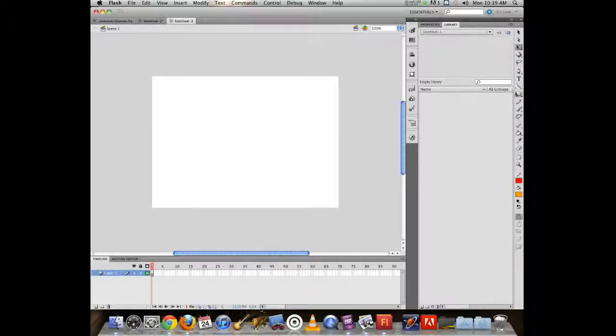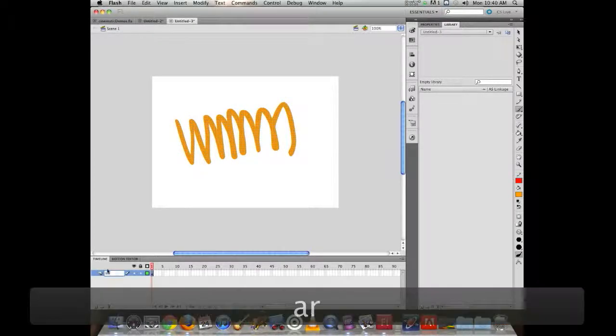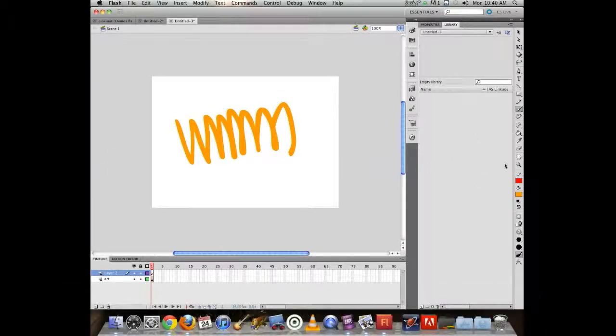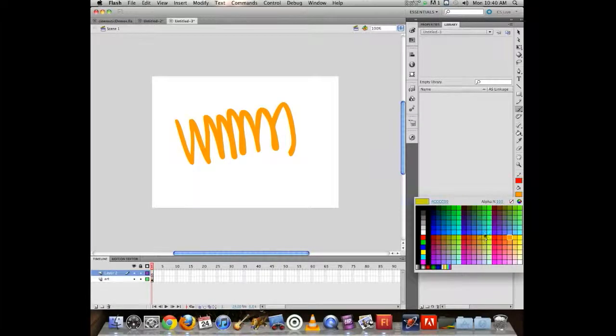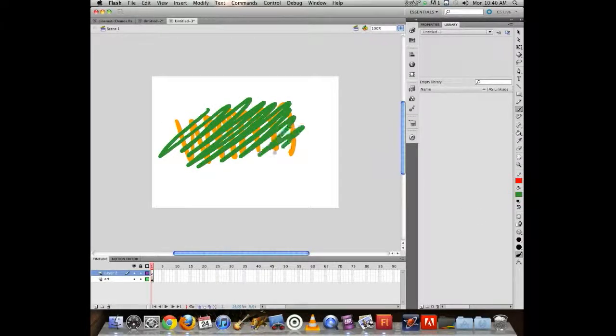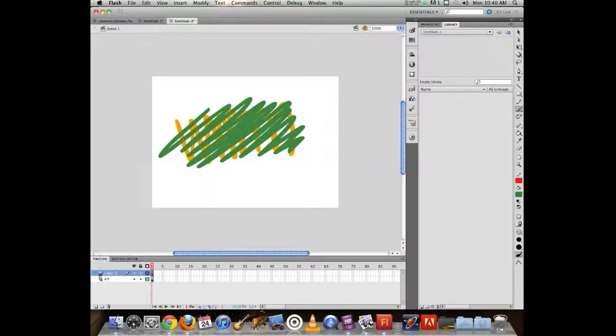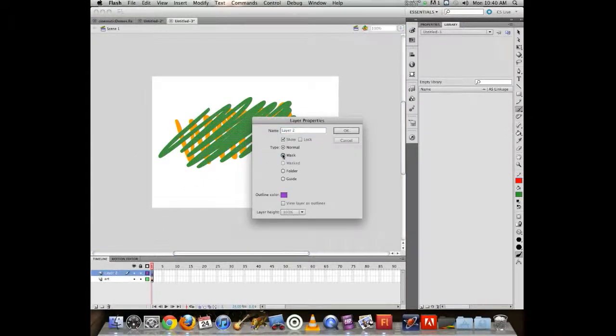The base concept on a mask is if I have something here. So I have an artwork layer. Then I have a second layer here, and on this layer I will use a contrasting color so we can see. The base concept on a mask is if we go to this layer, right click on it and say mask, or double click on the layer icon, choose mask,